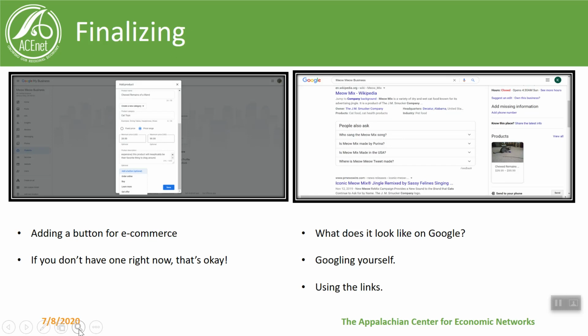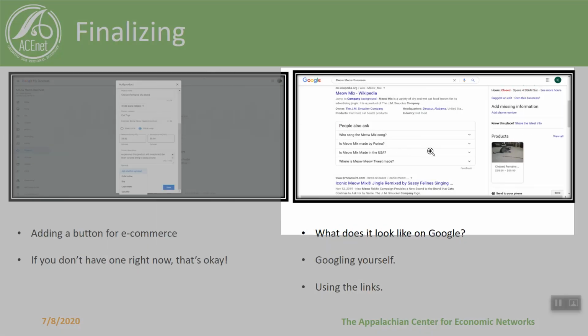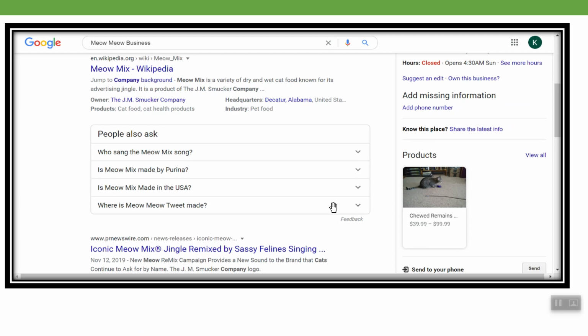So you can see now that I've saved it, I have a chance to look at what will appear when I Google my own business. So I Googled Meow Meow Business. It's coming up here on the side. You can see that as I scroll down, I have this option of clicking here, so you can see how much Google actually describes the product name. So I'm only getting 2 words, chewed remains, not exactly the greatest product name,